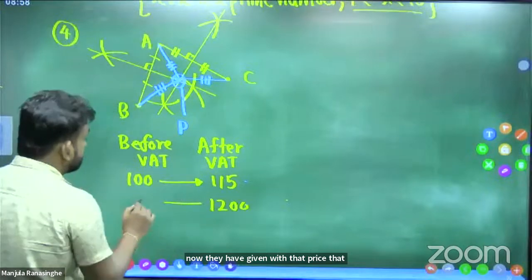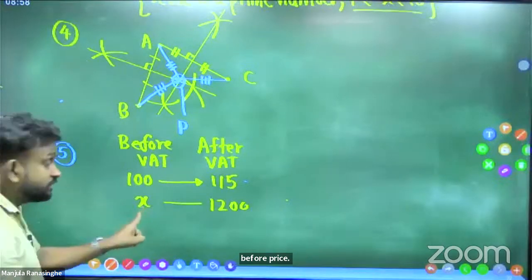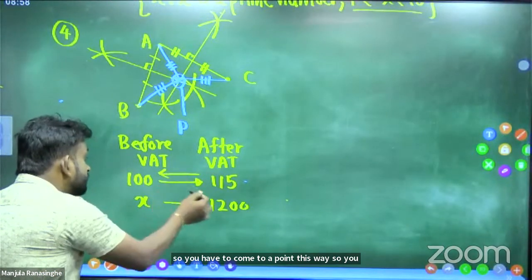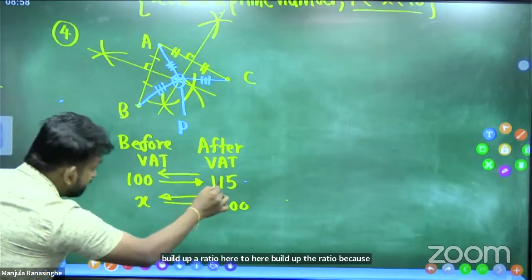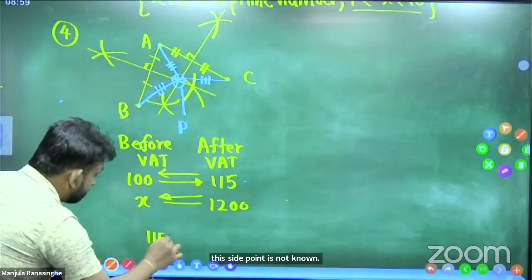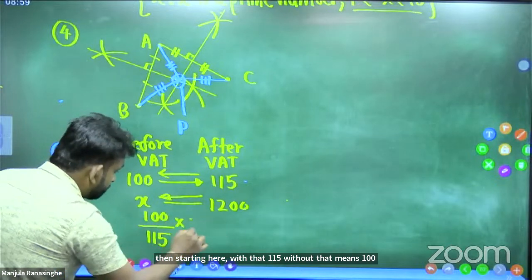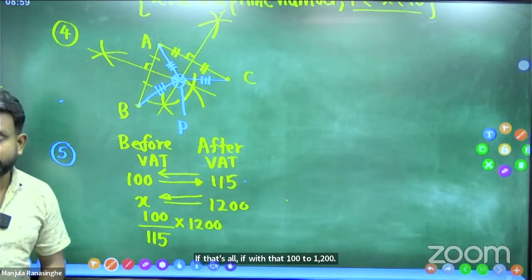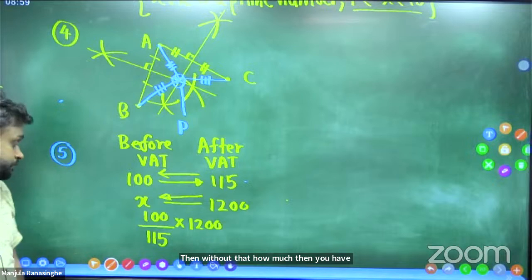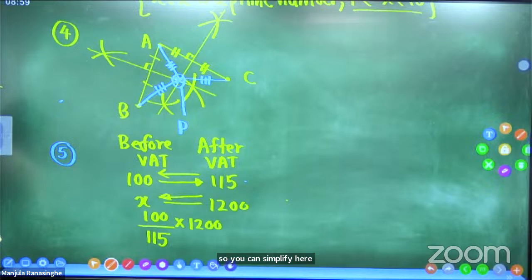They are asking for the price before VAT. So you have to build up a ratio here, because this side is not known. If with VAT is 115, without VAT means 100. If with VAT is 1200, then without it, how much? Then you have to simplify this. So you can simplify: 100 into 1200 divided by 115. When you divide it,